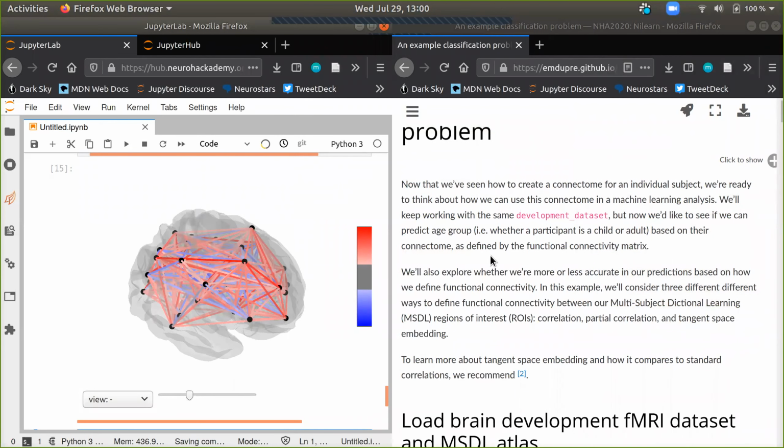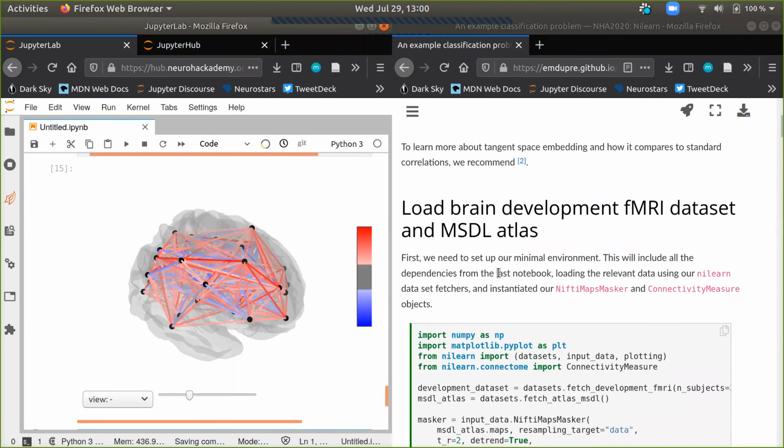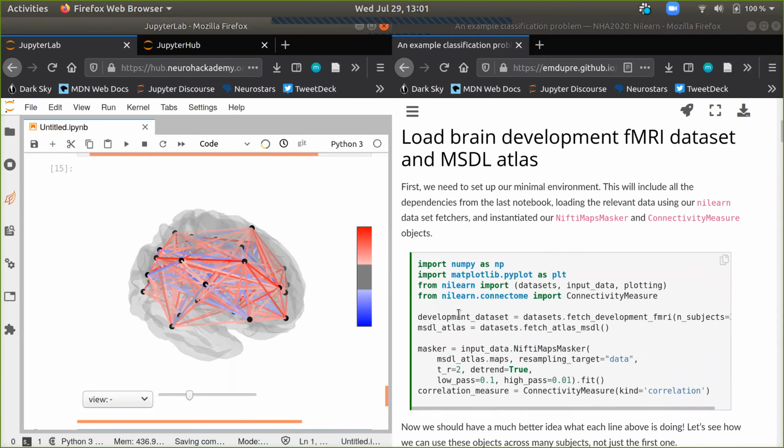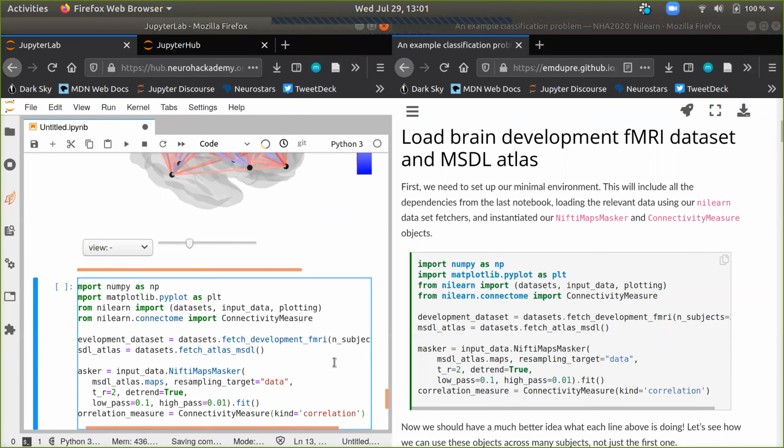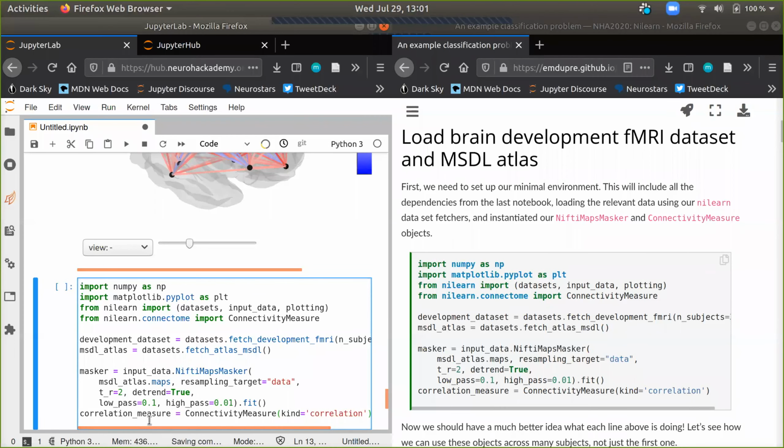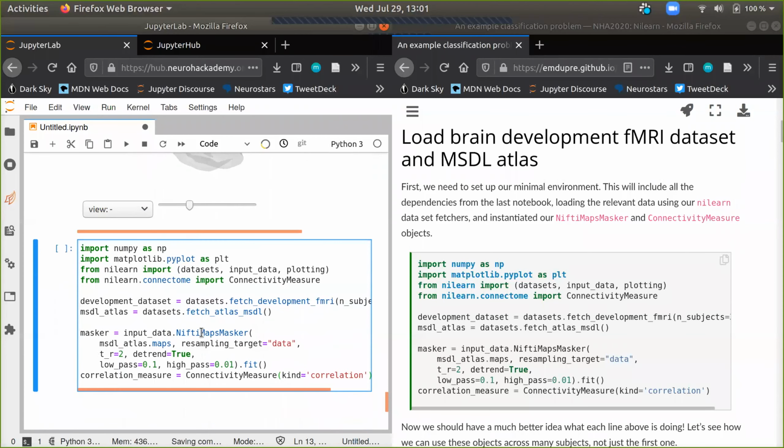Okay, so what we'd like to do is go ahead and do this classification example. We're going to start, and this assumes that we're working in a completely new notebook. Just to be rigorous, we'll repaste it all in here, but this is stuff you've already seen. It's doing the same imports as before, and then we're making sure we have both of those data sets, the first 30 subjects of fetch development, as well as the atlas we're using, defining that same NiftiMapsMasker, again because we have this probabilistic atlas.